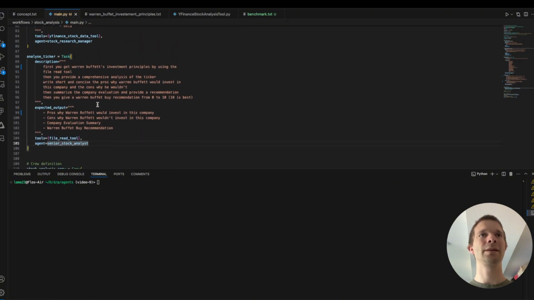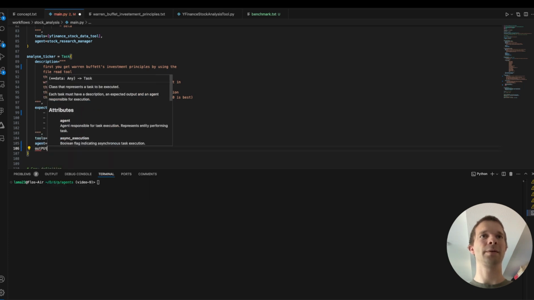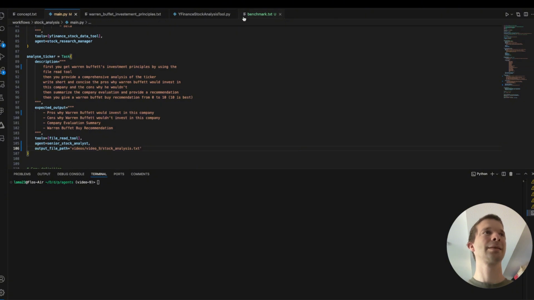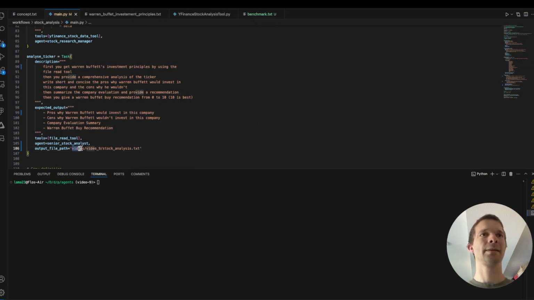No, we did not define the output file. So we want output file is, copy relative path. So we have to add the output file, which is then stock